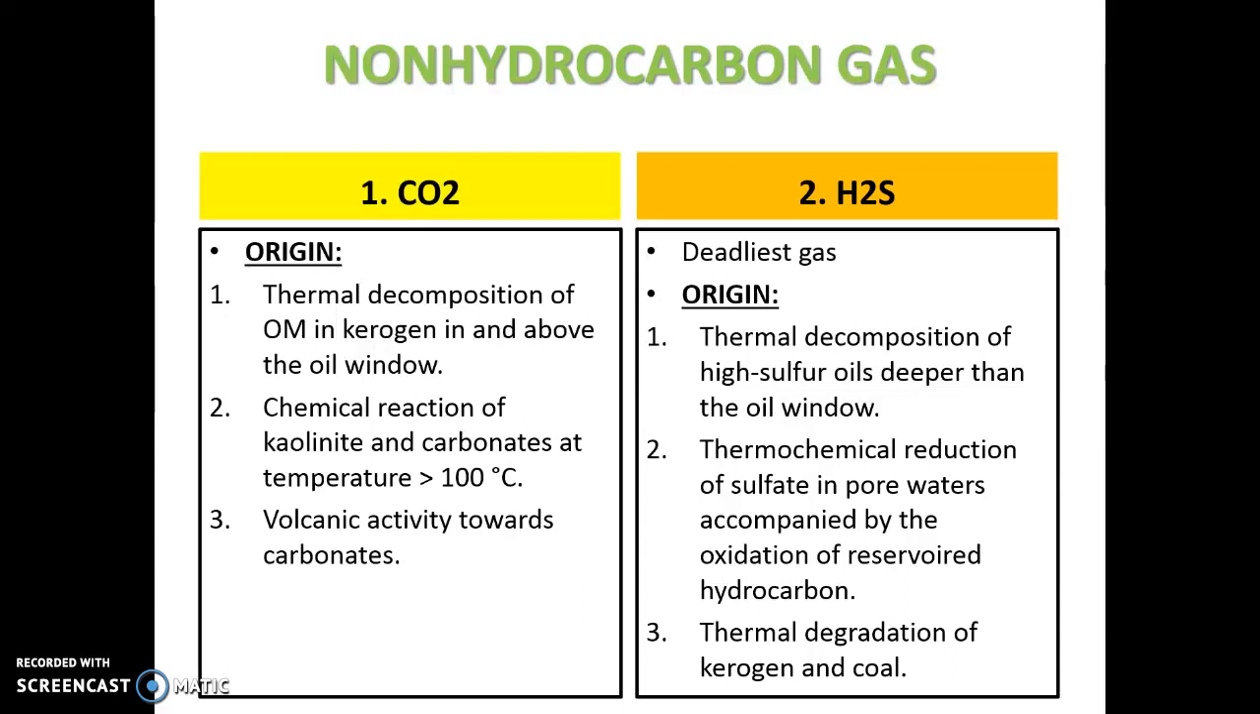Hydrogen sulfide is the deadliest gas, and it is produced in large quantities in nature. If 0.1% concentration is found in the air, it can cause respiratory paralysis and be fatal. It comes from the thermal decomposition of high sulfur oils deeper than the oil window, and then thermochemical